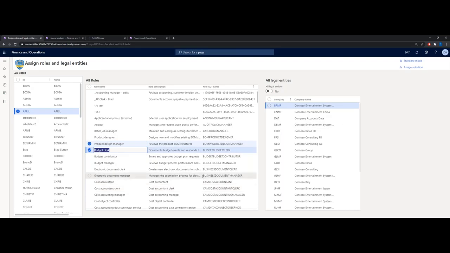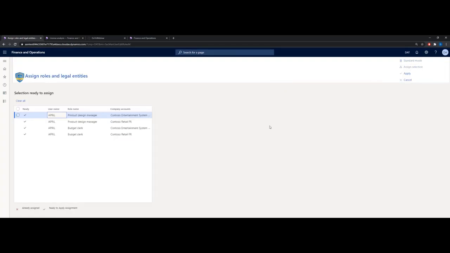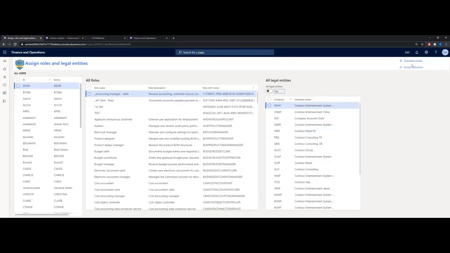Sorry. He has April. He's assigning the roles, and now he can select however many entities all in one little click. And then he'd say assign selection. You have an opportunity to review it, select them all, and select apply. And that is it. And if you go back to the standard mode,